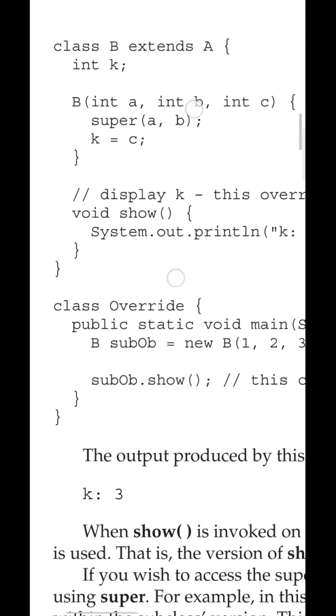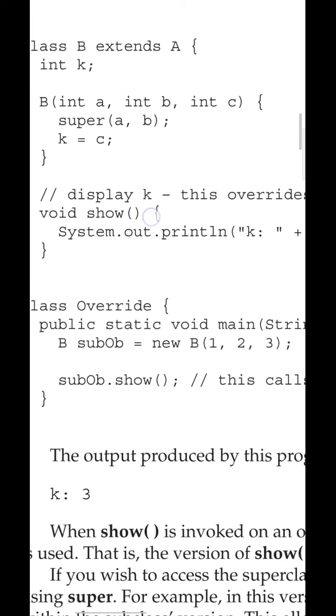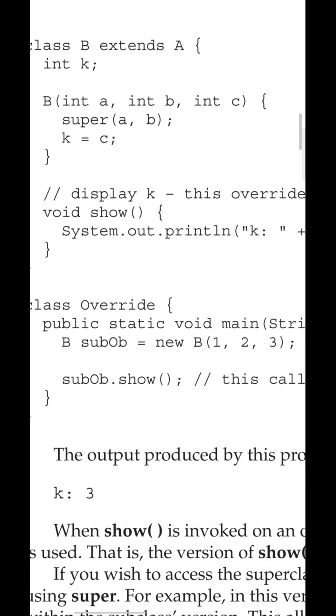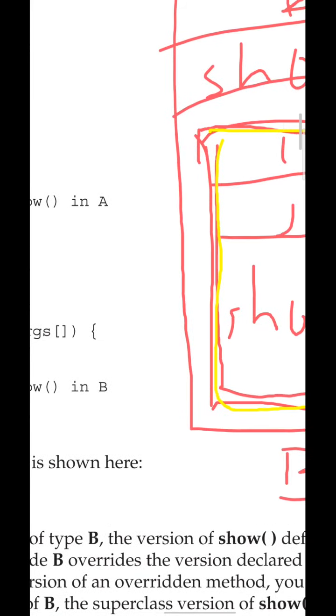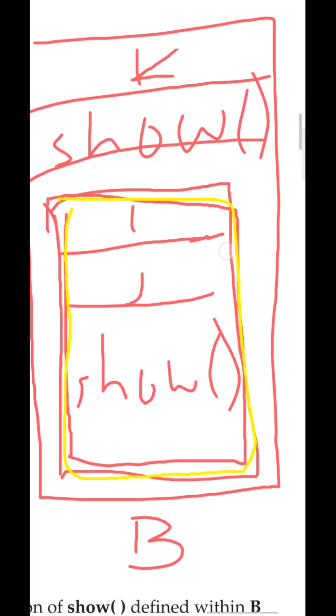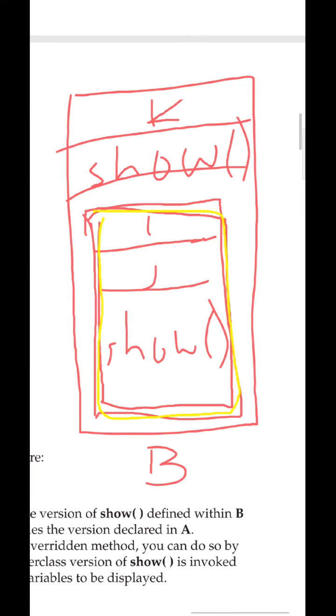Then please try to understand. Once again we have considered show. Even though that show function was defined earlier, we are defining it for itself, that is for class B itself. Once again we are defining, so you have to consider the show function again. Better observe these contents. Hope you can easily understand by observing this. So k is a member of class B.